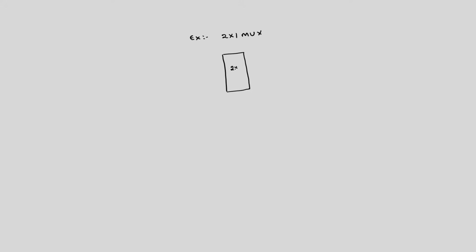So, this is a 2 by 1 mux. You call this signal the select signal S, and the 2 inputs A, B, and the output is Y. So, we know that the operation is: if S is 0, output should be A. If I connect A to 0 and B to 1, when S is 1, output should be B. Okay.